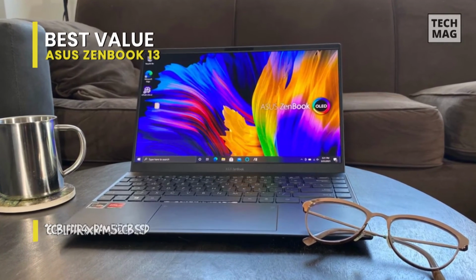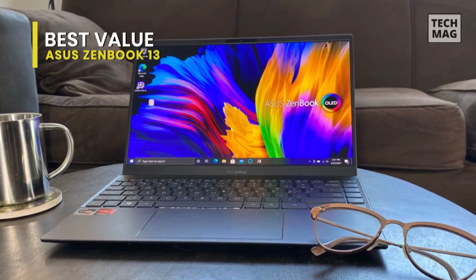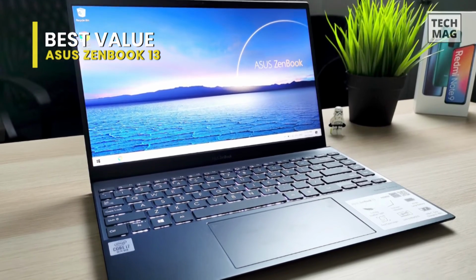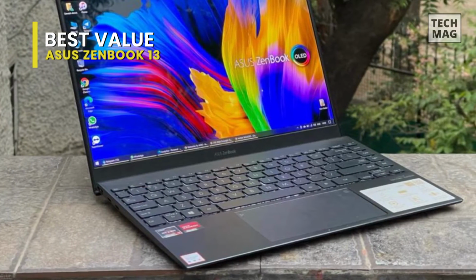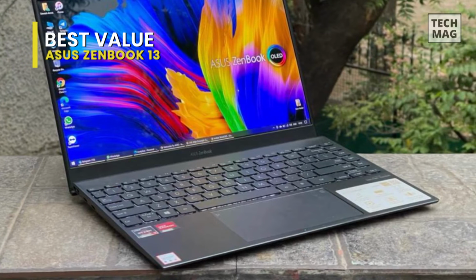With an Intel Core i7-1165G7 processor, 2.8 GHz, your laptop can work with ease. The 13.3-inch 1080p OLED display is one of the major selling points of this ZenBook, and in person it looks friendly and vibrant. The Asus ZenBook 13 OLED sports a pretty good array of ports for a 13-inch ultra-portable, with